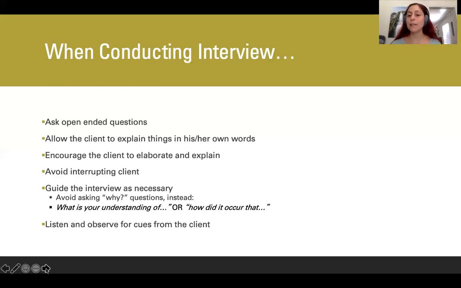So by having a good familiarity with the information you're looking for and with your assessment tool, you can let the client speak naturally, ask questions for elaboration, and let it flow in that way while still getting the information that you need to get. And then when you get to those employment questions you were saving, you've probably already addressed them and you can move on to something else. Yeah, that's what I want to share about that one.